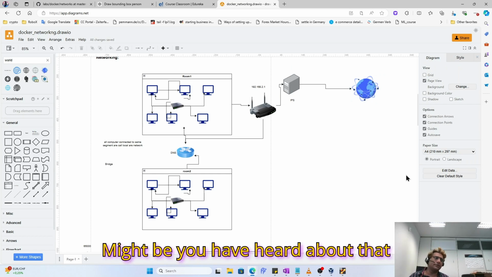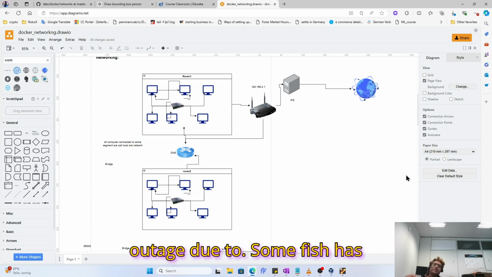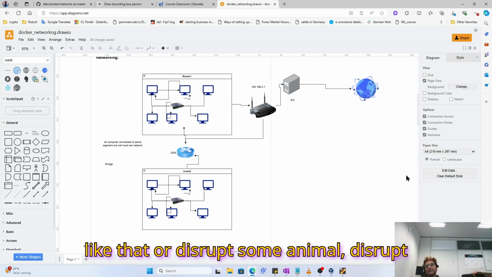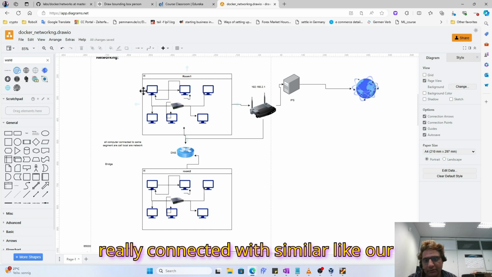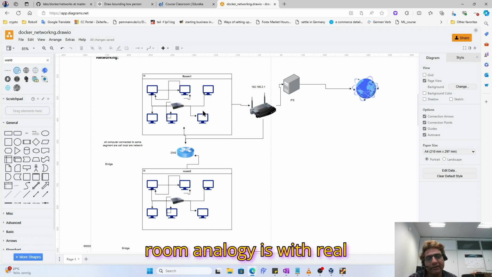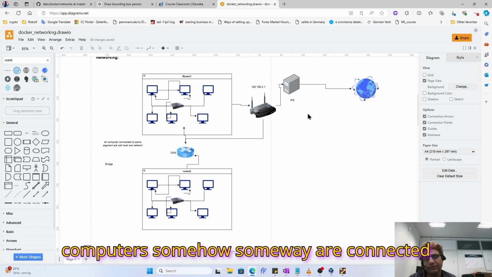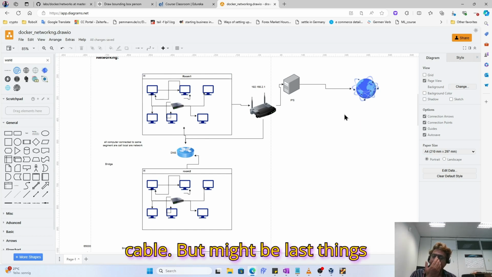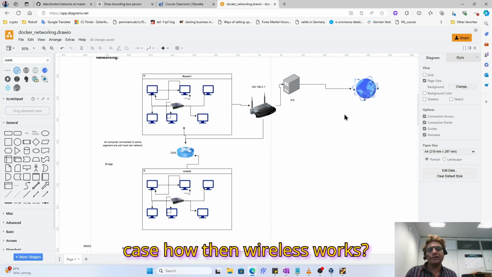Maybe you have heard about an internet blockage or outage due to some fish having eaten the cable in the ocean, or some animal disrupting that. And these computers are really connected, similar to our room analogy, with real cables across the whole world. There is no other way around. All these computers are somehow connected to this cable. But maybe the last thing coming to your mind is